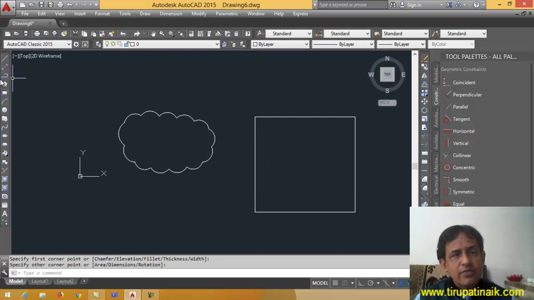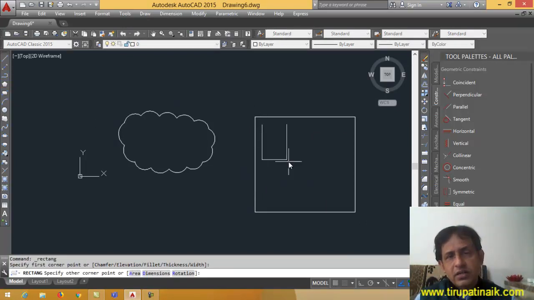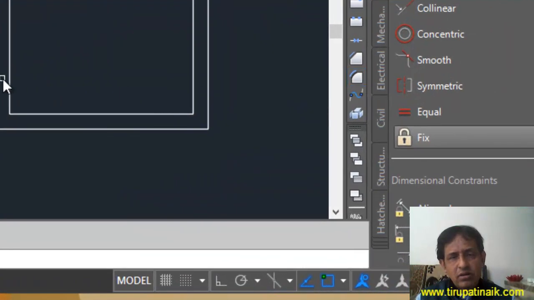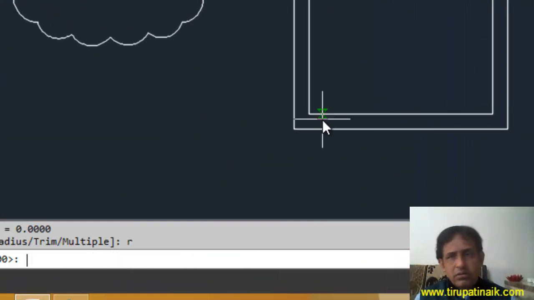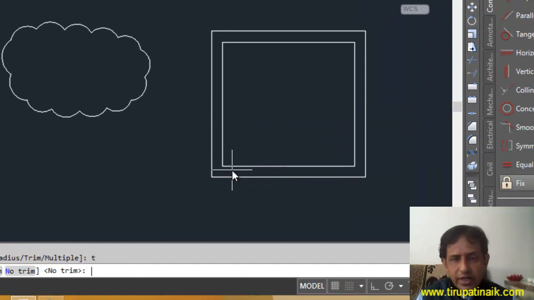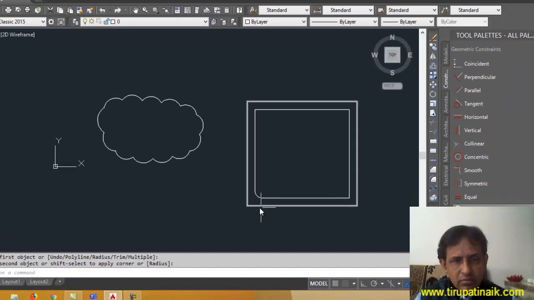Why this is used? Because if you have a certain object, like I'm creating simple drawing, I want to define this particular corner detailing, sharp corner or something else, or else defined as a radius or something. A radius, 3 mm, trim option, trim.